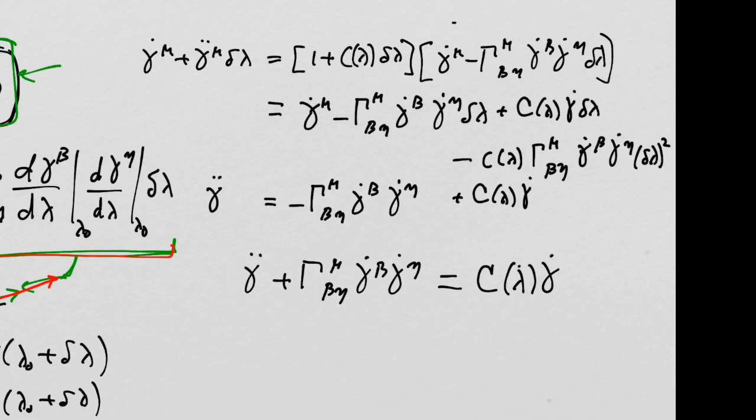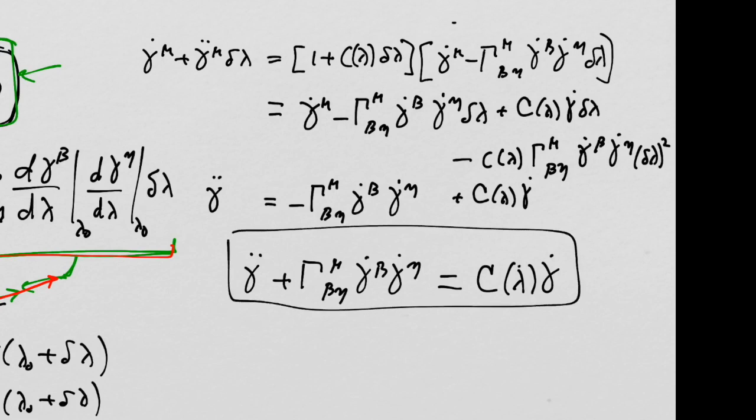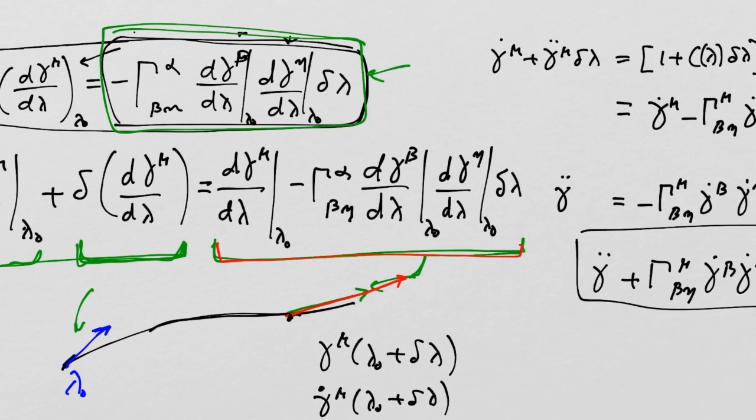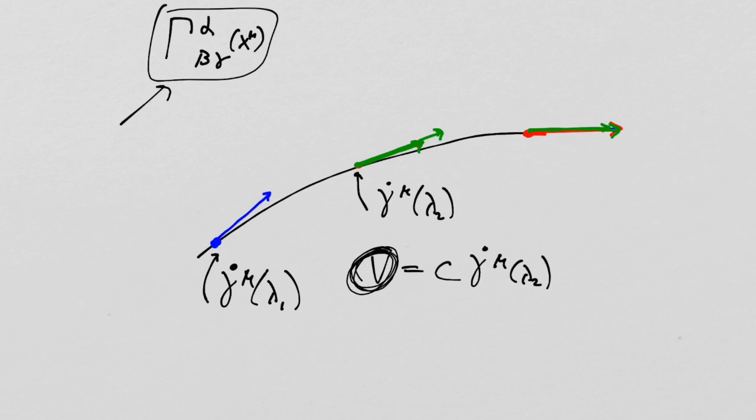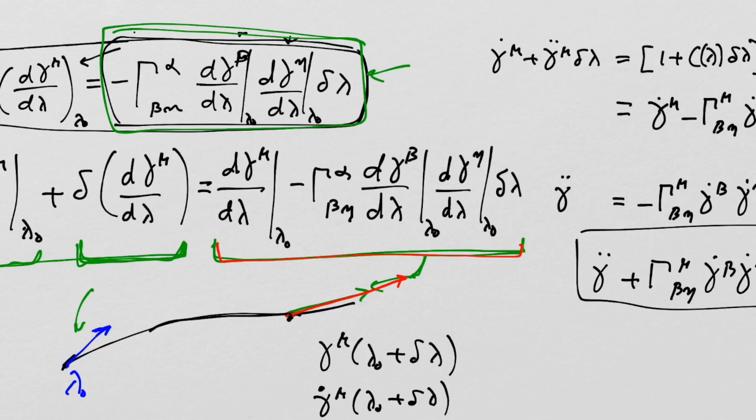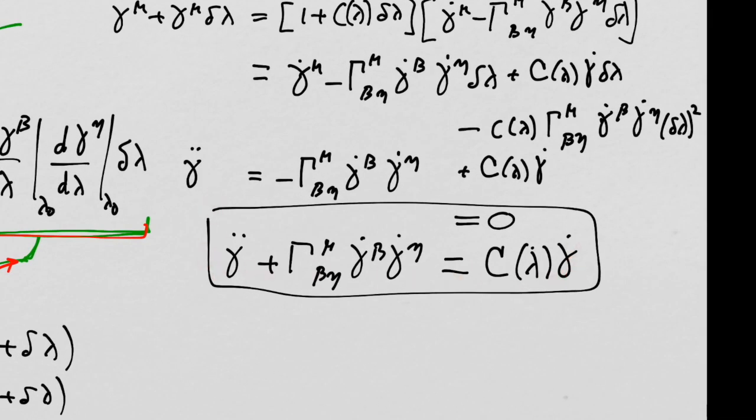And this is your geodesic expression, right? This is the geodesic equation. Now, normally we're used to this being equal to 0, right? So we have a little more work to do to prove that, and we'll do that in our next lesson. But this is basically a statement of this fact: if you're going to be able to parallel transport a tangent vector to a curve such that the parallel transport to any point is in the same direction as the tangent vector already at that point,